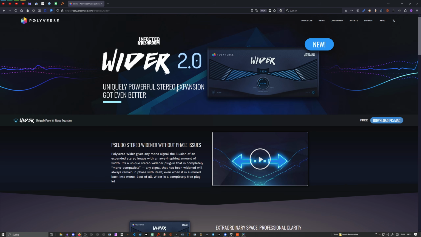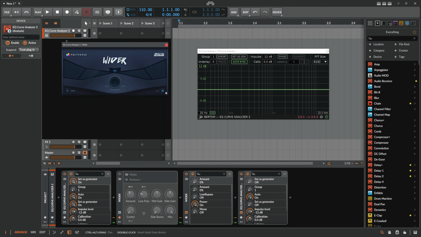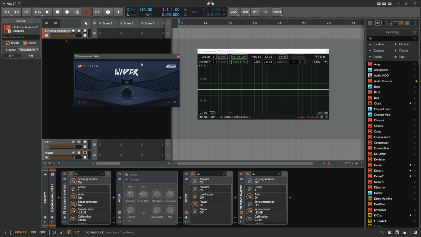They create peaks on the left channel and matching dips on the right channel. And when you put the stereo signal back together to a mono signal, the left side cancels out the right side. So that's the idea behind it. And I try to recreate this inside of Bitwig Studio here, and I first show you how this Wider plugin